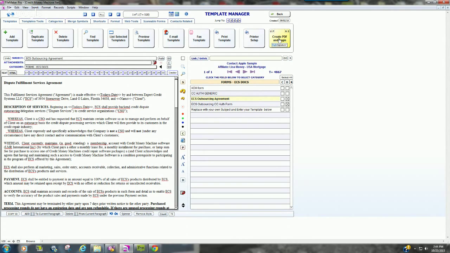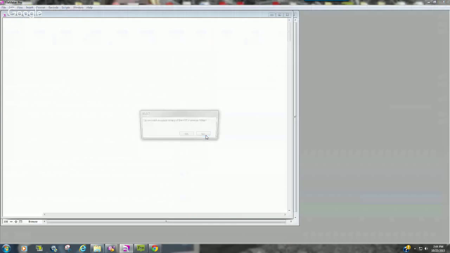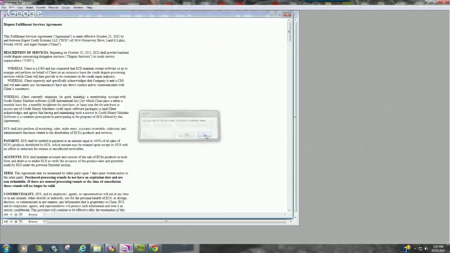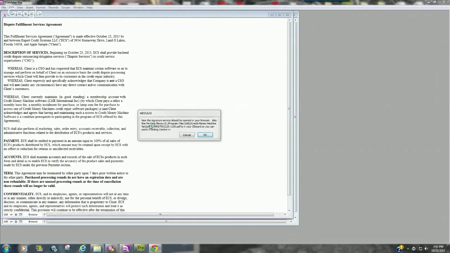But all I have to do is click on the button to create PDF and log in. You guys can read this little message. The default is the right way to go with yes. This just gives me the option to create a PDF copy on my hard drive or put it in a folder somewhere. For example's sake, I'm going to say no. And what the system is doing right now is converting this into a web form. Okay, my web form is created,